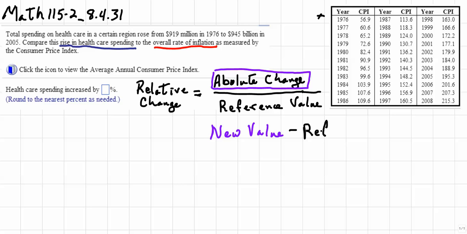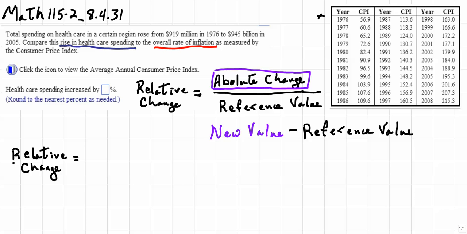Now the reference value is going to be the old or the original value, and the new value is what's being given to us in the problem. So let's understand what the healthcare spending would increase by as a percentage value. Well, we're looking at relative change,